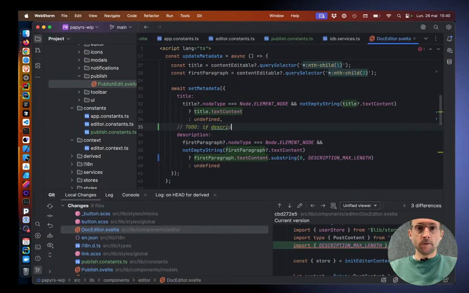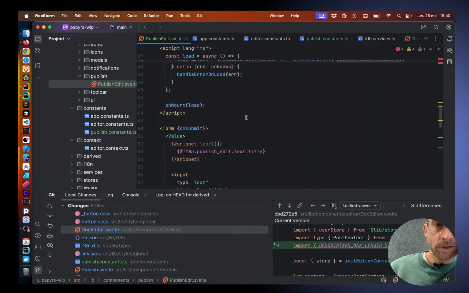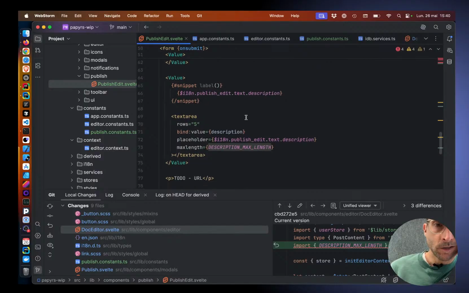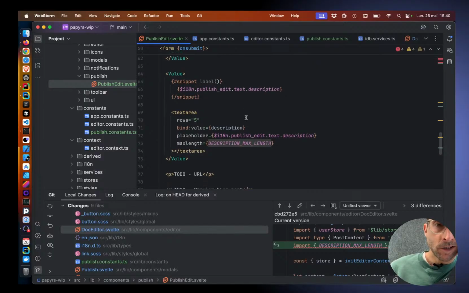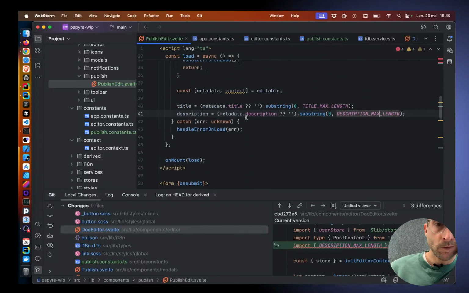If description is length to chars plus, that will be a bit more beautiful, I think. Yeah. All right, so we have those two, which is nice, and now